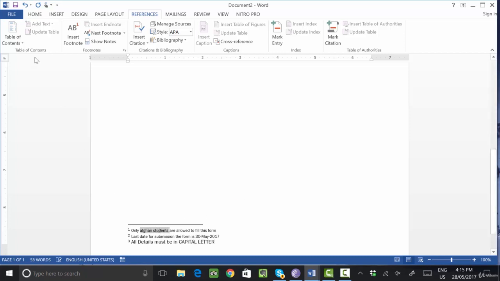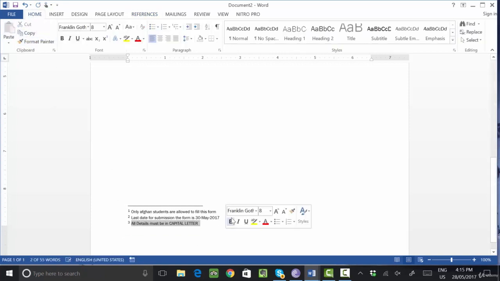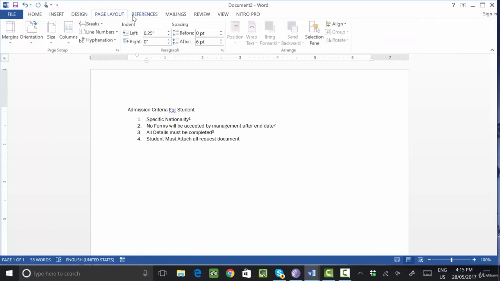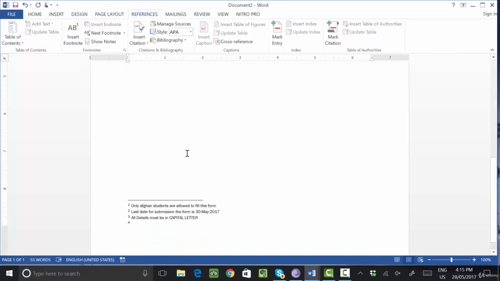Okay, clear? Now what is the last one? Student must attach all the required documents. So click again, insert reference and click on insert footnote again. So what are the required documents?